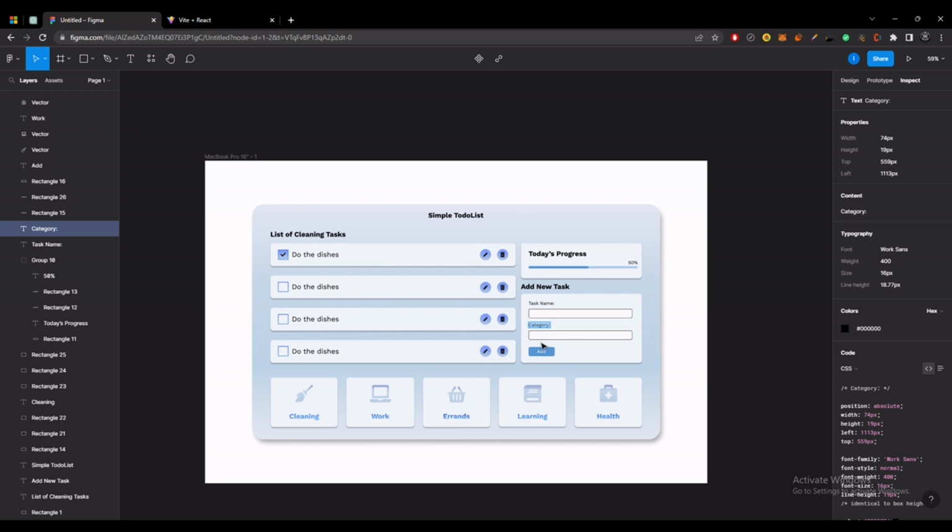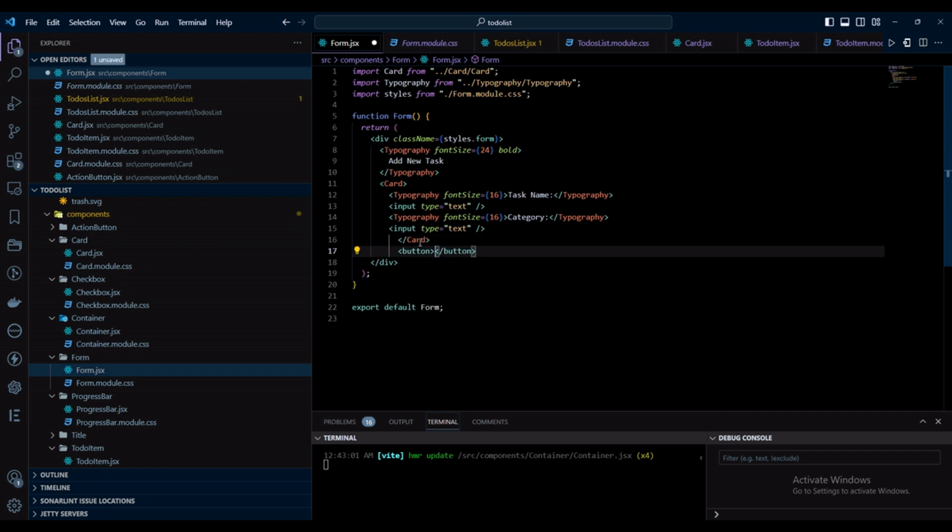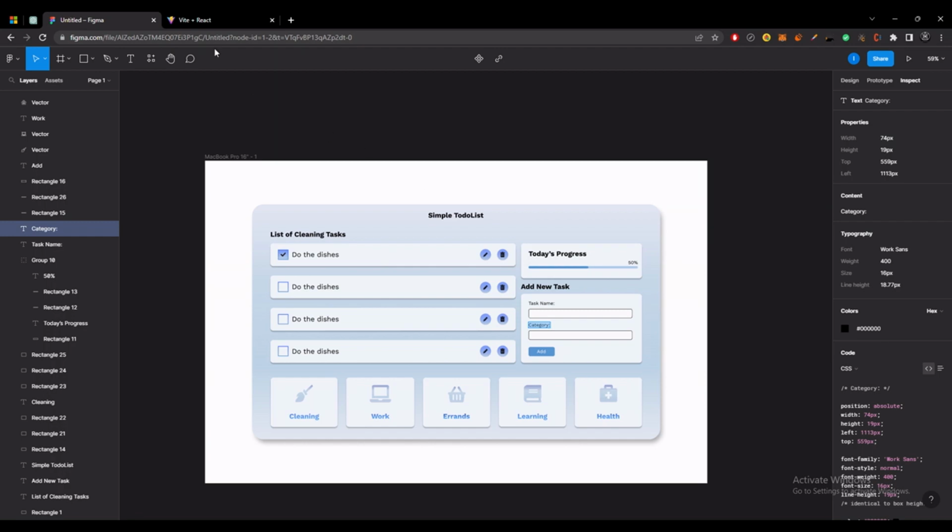All good. All we need is a button at the end. It's gonna be add. I'm gonna replace this with a component later,